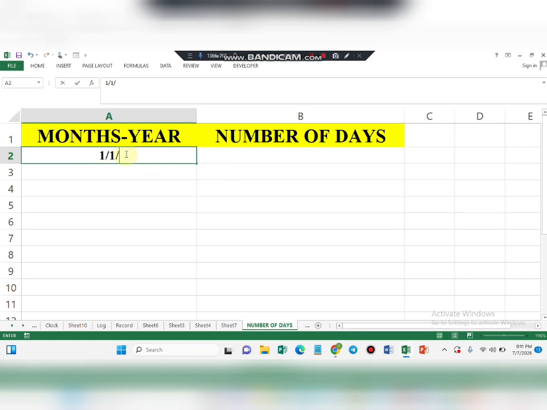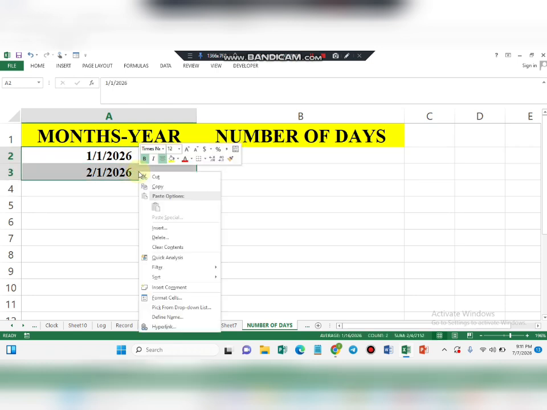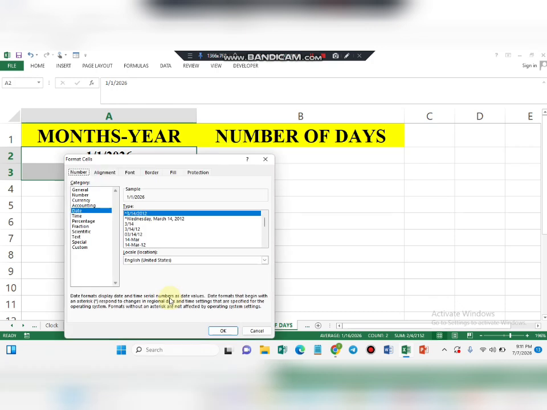I'm going to start with 2026 because that is the year we are in. Then I'll do the same thing for February 2026. So let's highlight the two, then we right click to format it. We come to format cells. So I'm going to select the one that will show only the month and the year. Okay, this one,